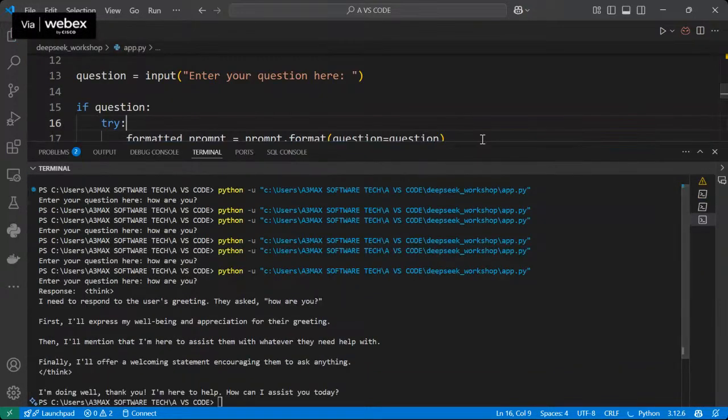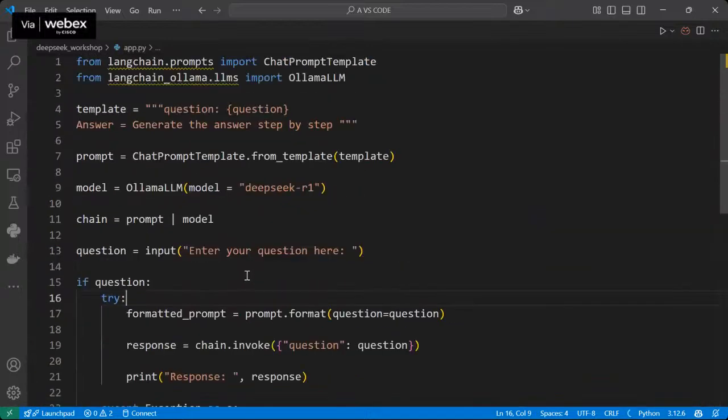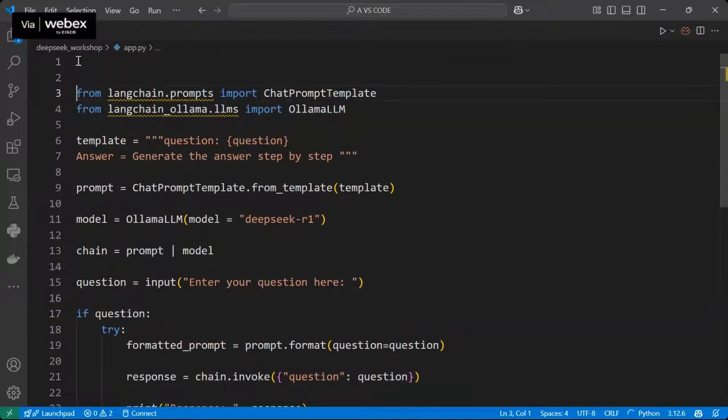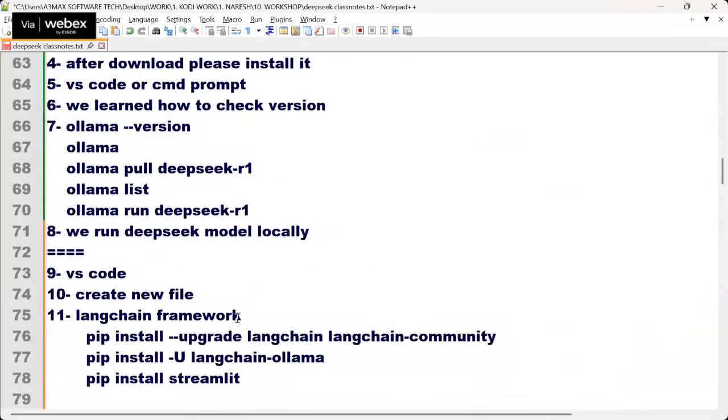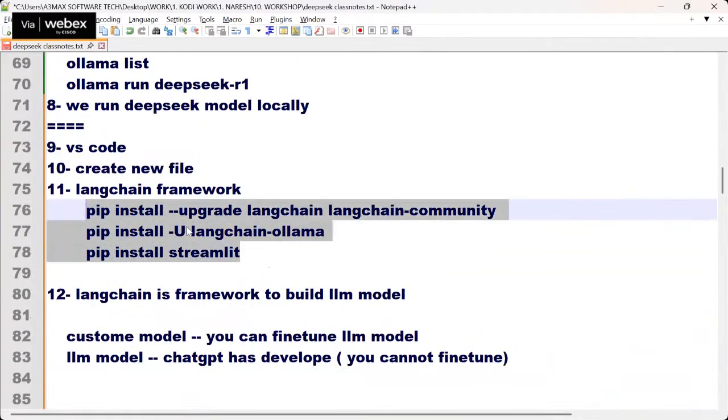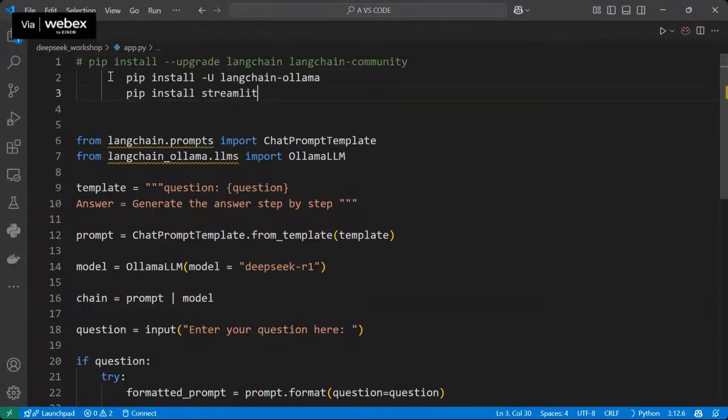But now what happened? In this code, what exactly have we written here? I try to install the 3 libraries. Let me copy and use it here, and this one I will hash it, and this one I will hash it.